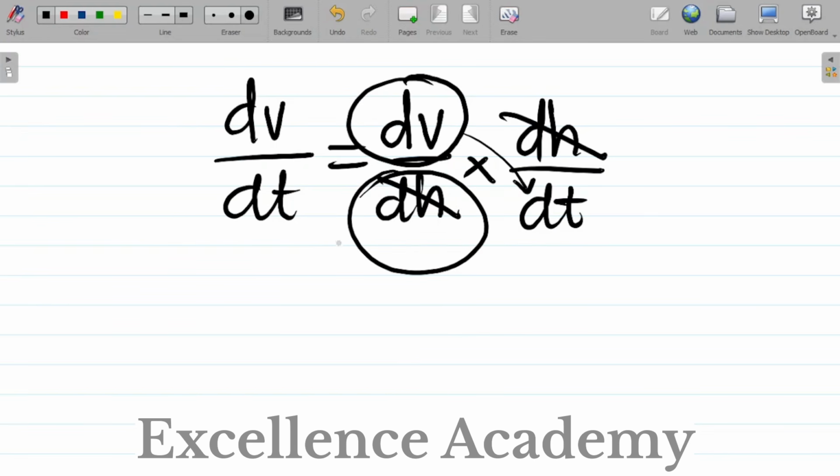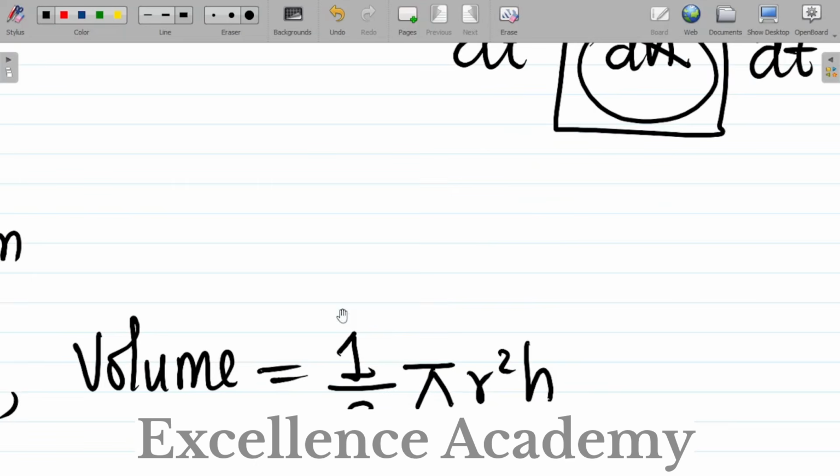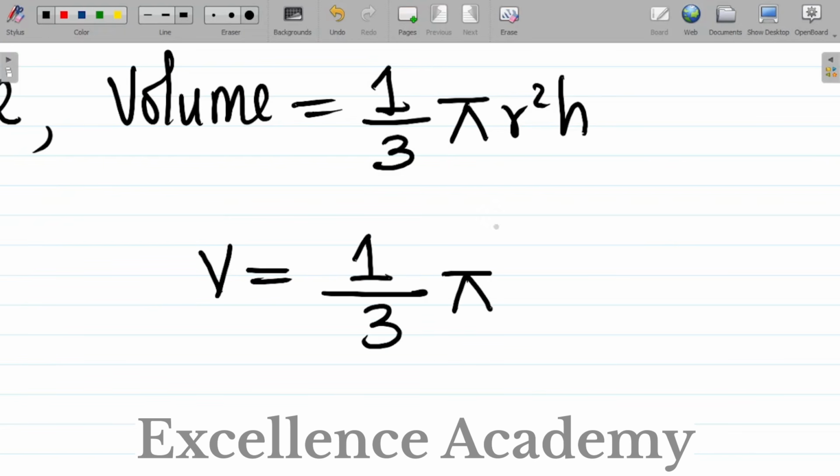How do we differentiate volume with respect to height? That would be the case, because I'm asked to find dh over dt, all right? And I have dv dt. The only thing I do not have there is dv dh. So let me find a way to differentiate volume with respect to height. That becomes the task there. So how do we do that? Let's come to this. From here, volume V is equal to 1 all over 3 pi into